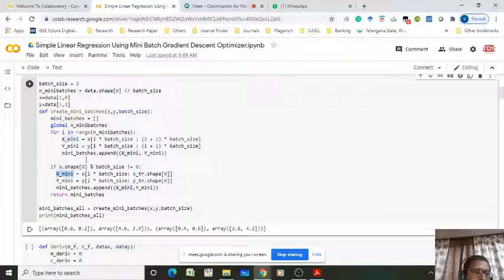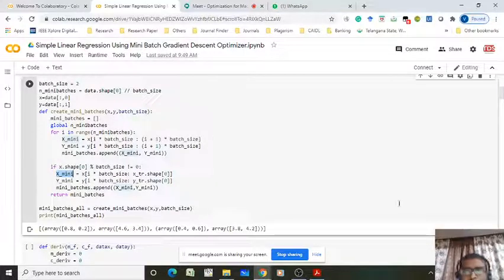The first 3 elements will be going here, from 0 into batch size, 0 into 3, that is 0, and (0 plus 1) into batch size, that is 3.